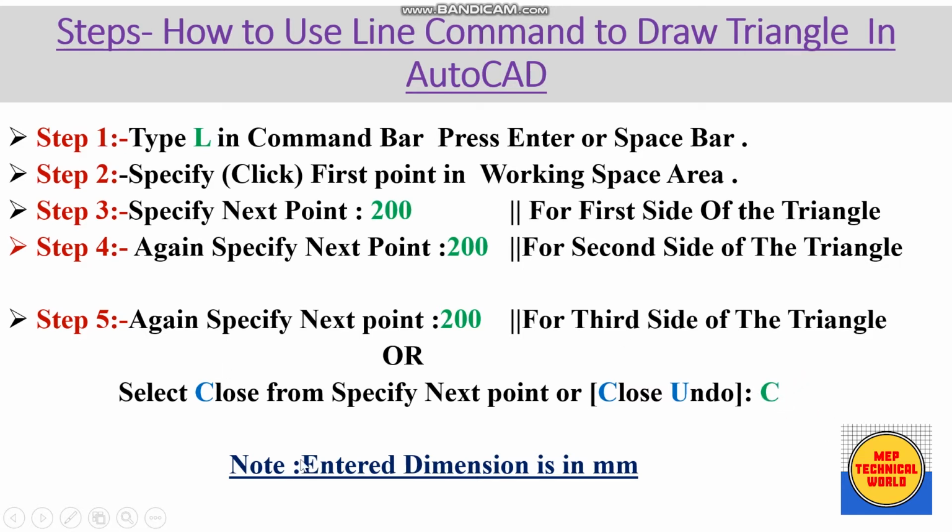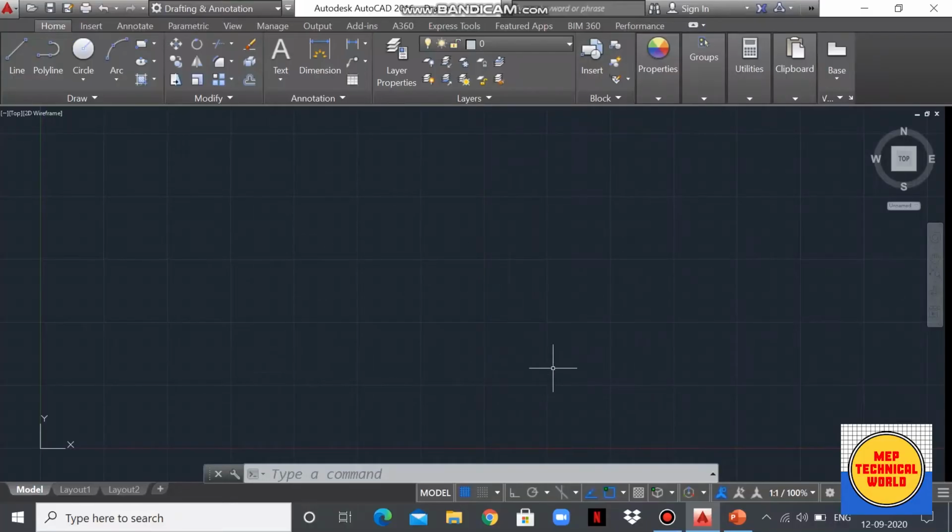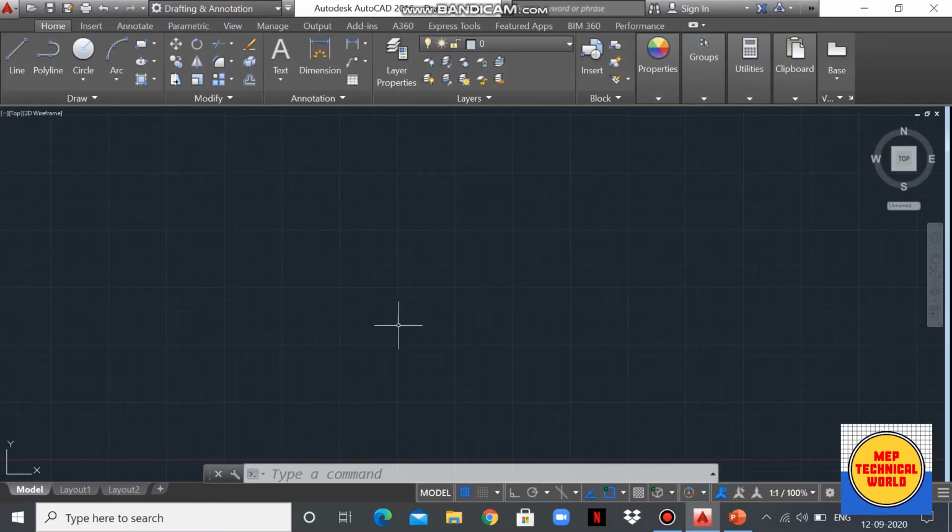Now I'm going to show these steps in AutoCAD. So let's move into AutoCAD. Now we are on AutoCAD. So before start the drawing, make sure you should have set up the units and limit. So I have already discussed about how to set up units and limit in previous video. For that video, I have given a link in the description of this video. So please watch that video so you will get the concept regarding units and limit.